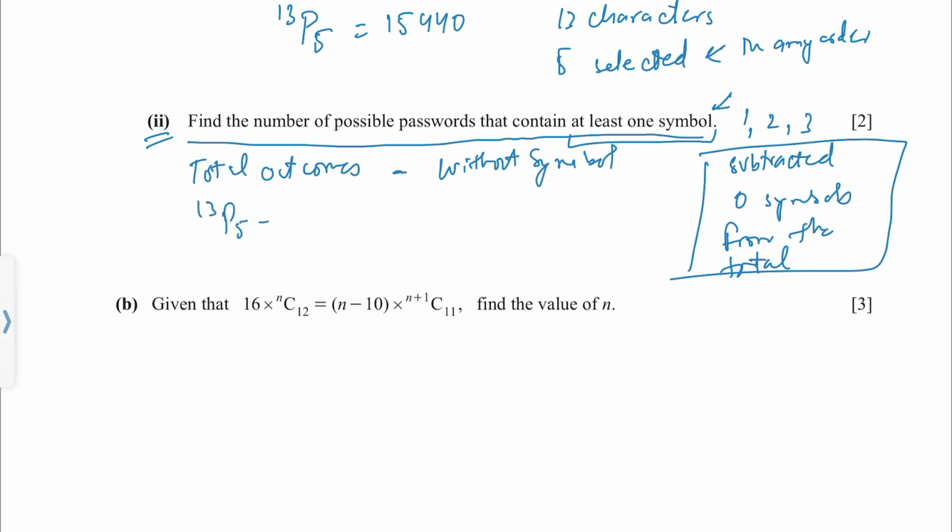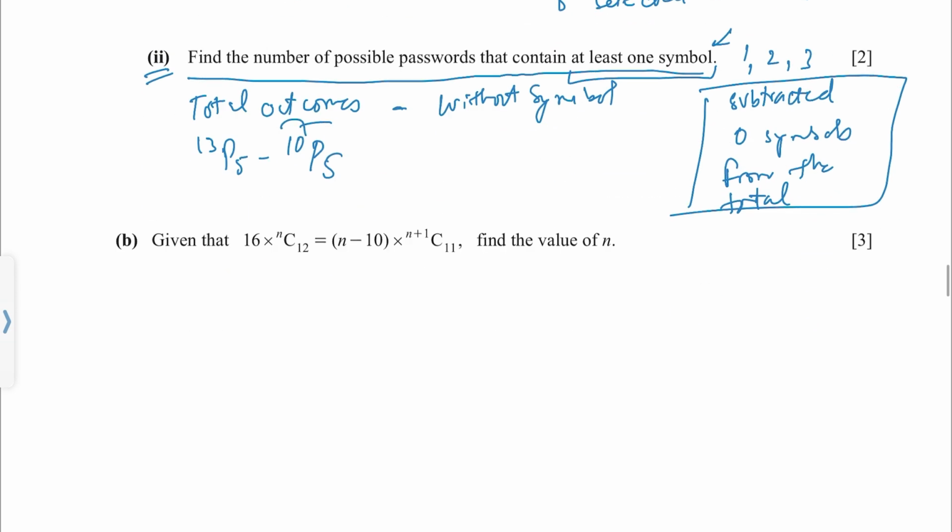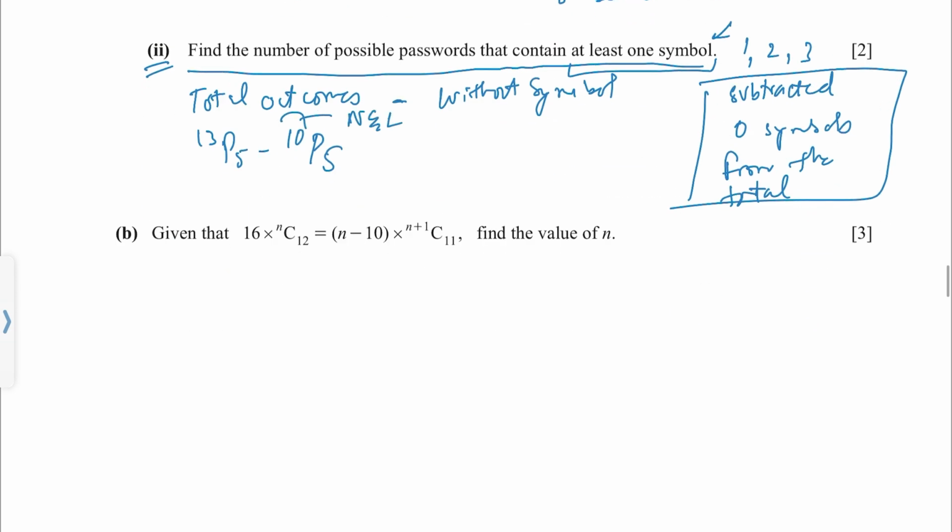So 13P5 would be subtracted by 10P5. 10 are the numbers and letters, and 5 are to be selected. So this would give us our answer as